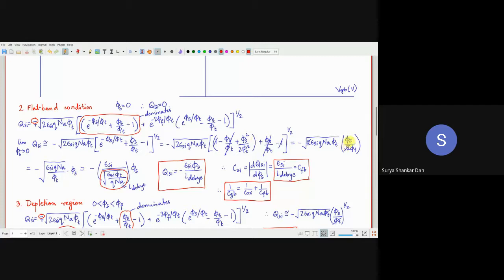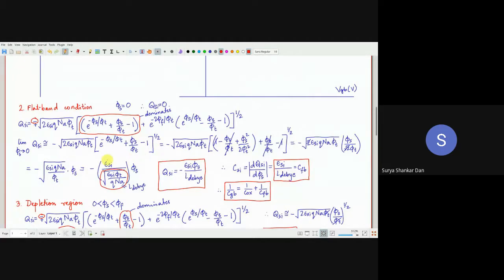Then with a little bit of mathematical jugglery, essentially you will come over here and the denominator turns out to be the Debye length. Notice the Debye length concept which we had discussed before the midsem. Debye length is very important in modern technology. Probably it's not specifically mentioned why the flat band condition is so important. Notice in industry, a large amount of effort will go just to figure out the flat band in modern technology, of course. Previously, nobody bothered because Debye length itself was not so important.